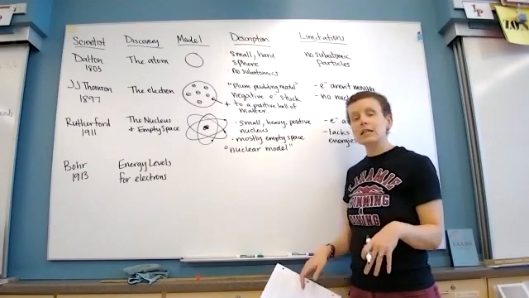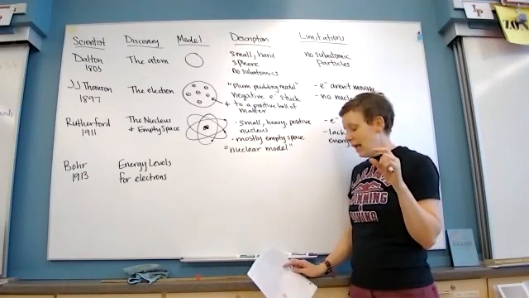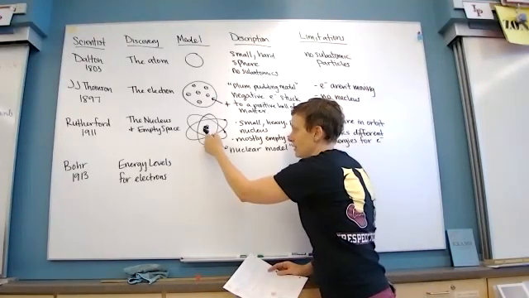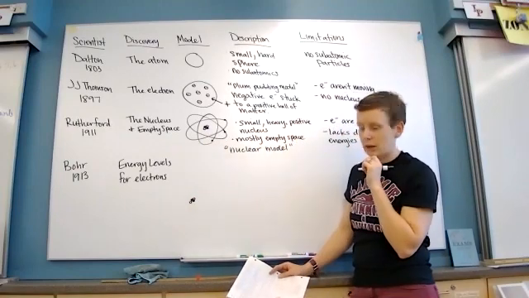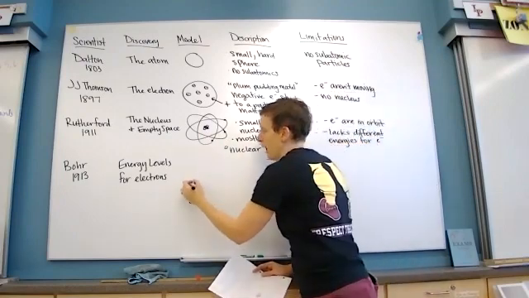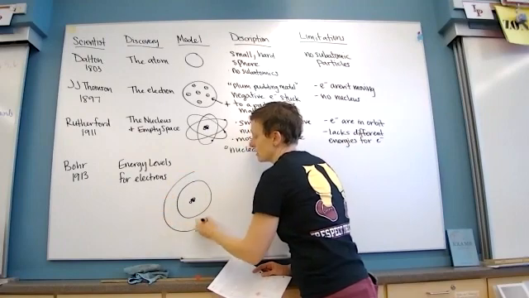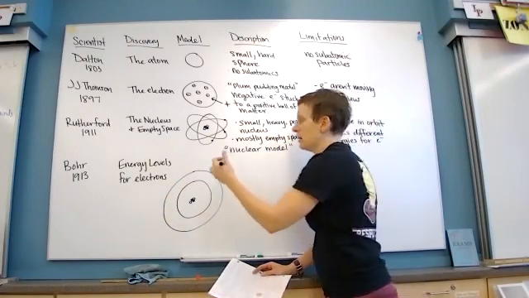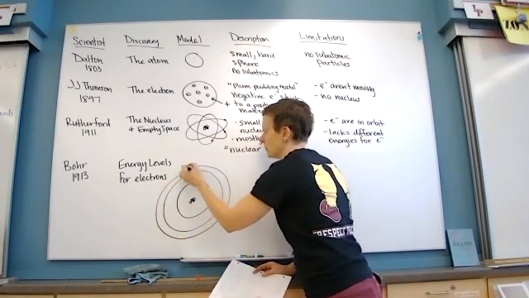Okay, so he did experiments with hydrogen. Hydrogen was what he used in his experiments, and he created a model where he still has the same nucleus, okay, because that piece still hasn't changed, okay, and he used math to kind of show that electrons could be at different distances from the nucleus. Now, after you draw your first couple of rings, the rings start to get closer to each other because their energy differences